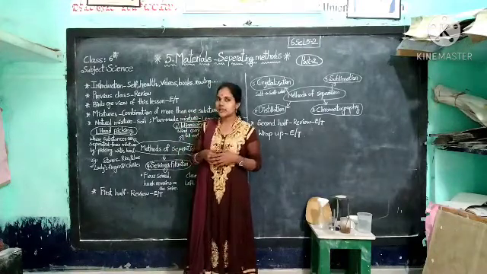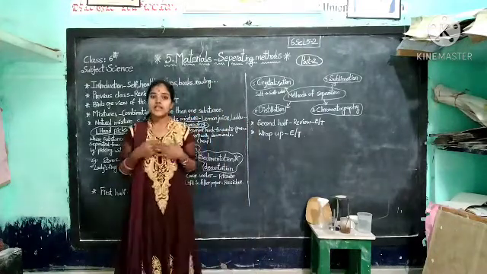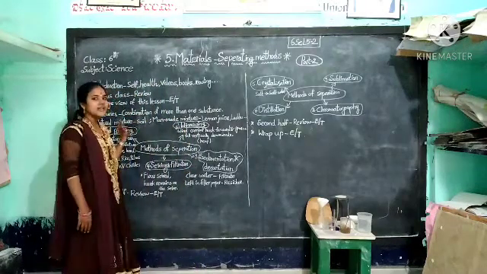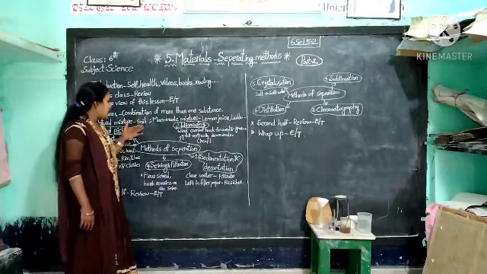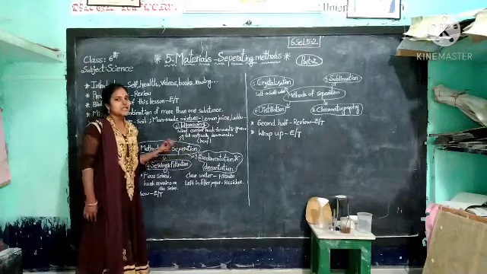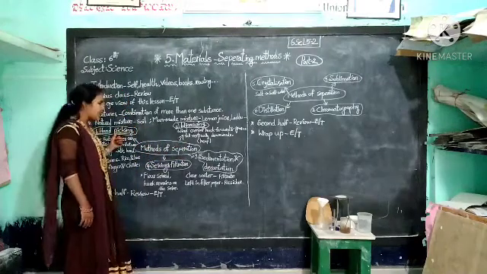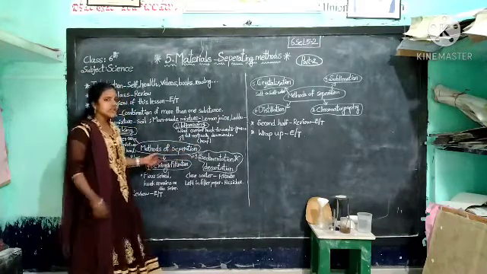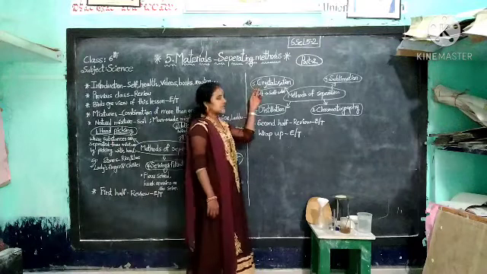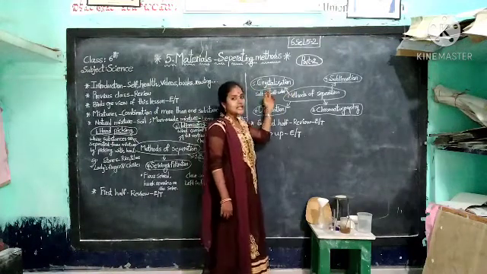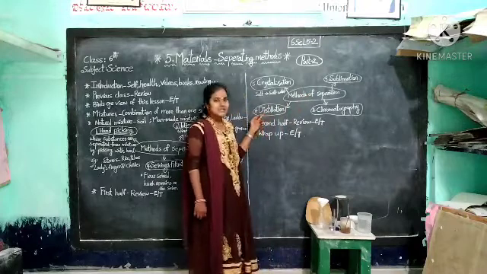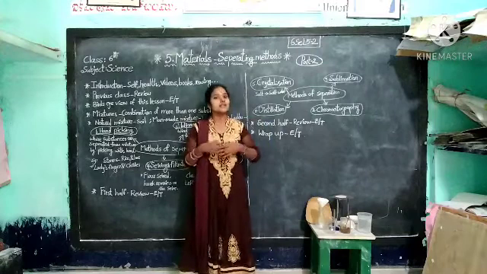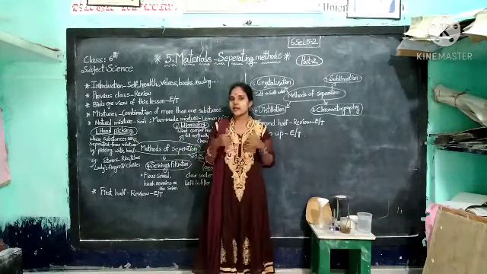Okay children, listen carefully. First of all, I tell you what topics we want to learn in this video. First of all, we will learn about mixtures. And after that, methods of separation. Some of the separating methods like hand picking, winnowing, sedimentation and decantation. Next one, sieving and filtration. And after that, crystallization, sublimation, distillation and chromatography. These are all the different types of separating methods. Okay, are you ready to learn?